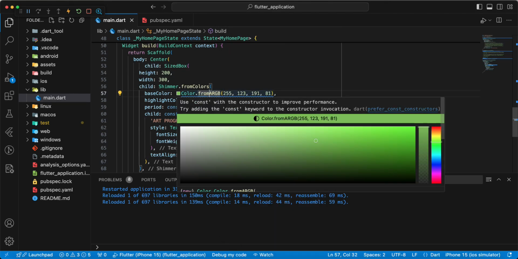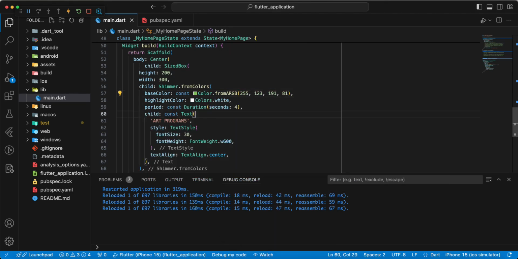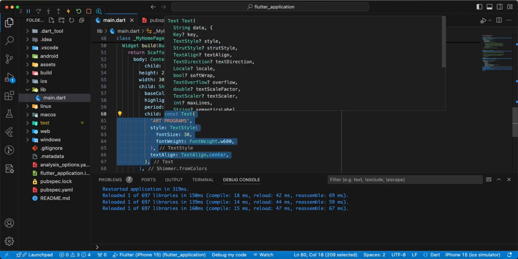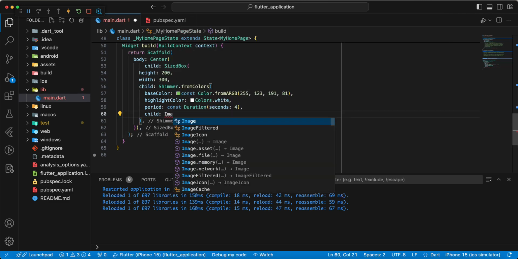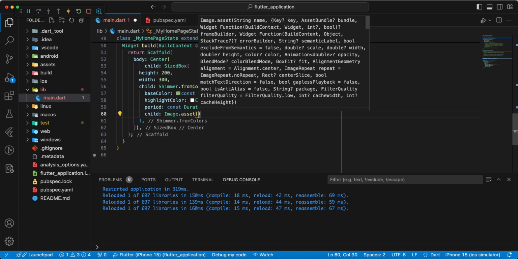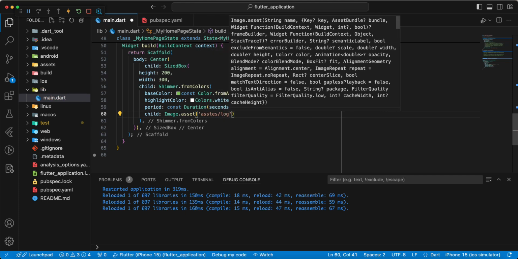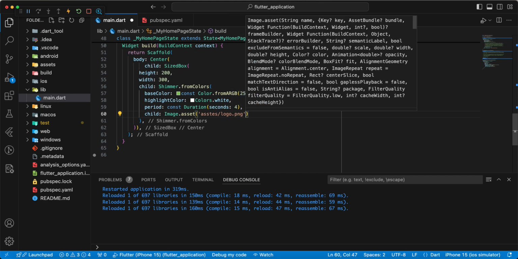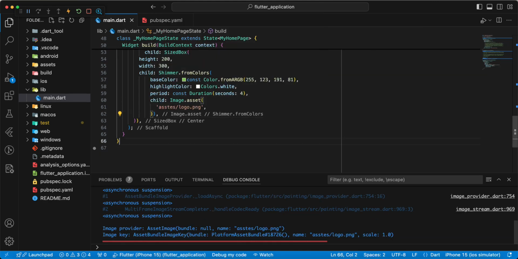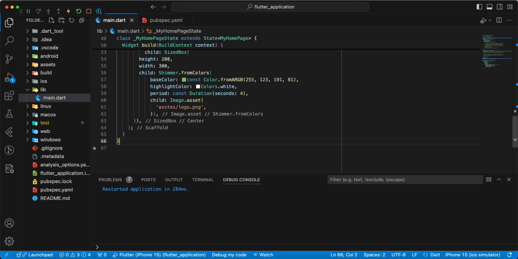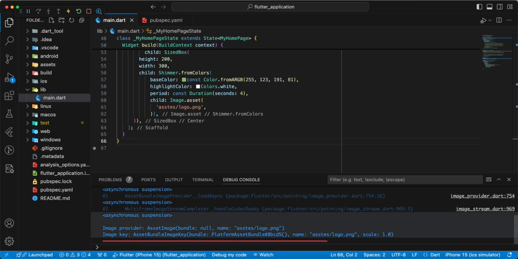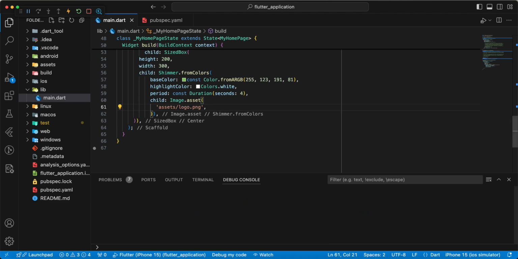and now we use image, remove widget Text, write Image.asset, write assets/logo.png, hot restart,